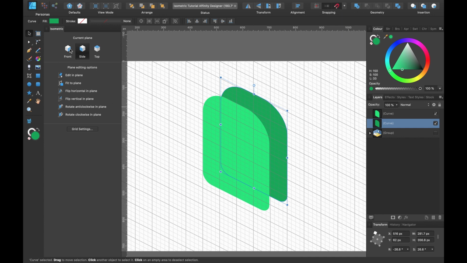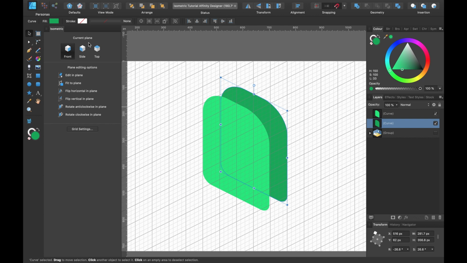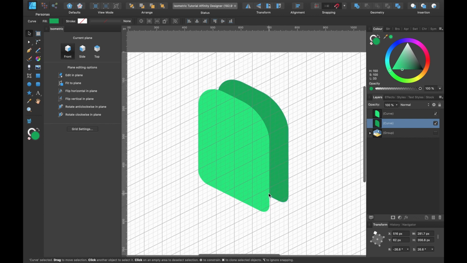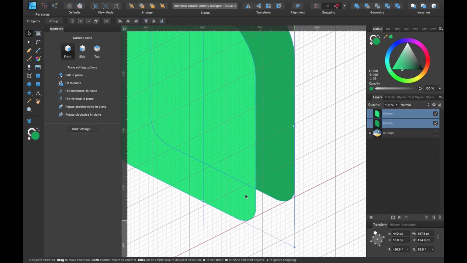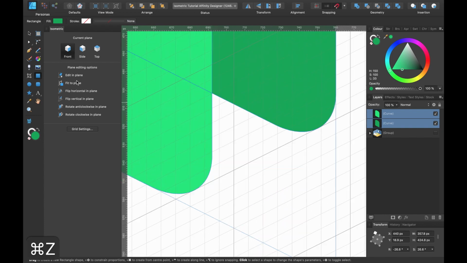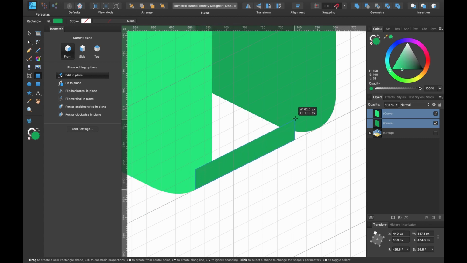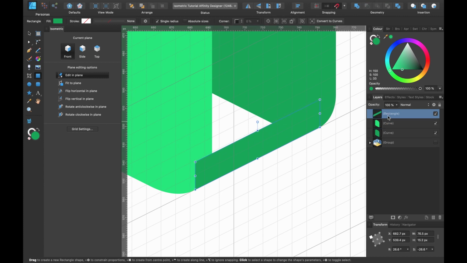I'm going to click on front on this pane, and just going to zoom in slightly. I'm going to select both of these shapes, and I'm just going to line it up to the grid a little bit. It's activated this grid, so they're both touching this line. Okay, with my front plane selected, I'm going to grab the rectangle tool again, and I'm going to press edit in plane. I'm just going to click and drag on the outermost edge. I'm going to go all the way up to the one over there as well. I'm just going to drag this on the layers panel behind.